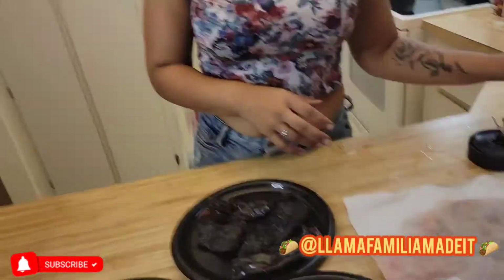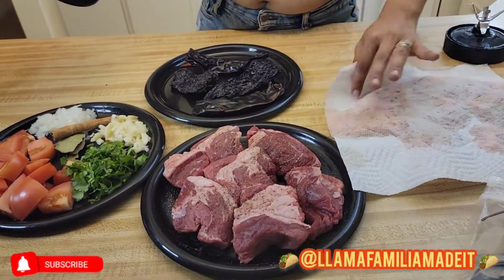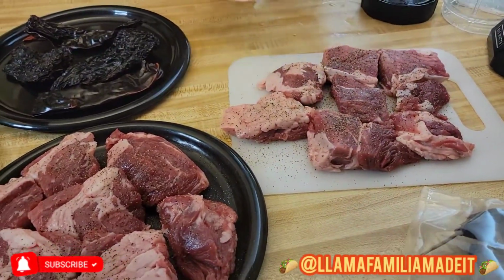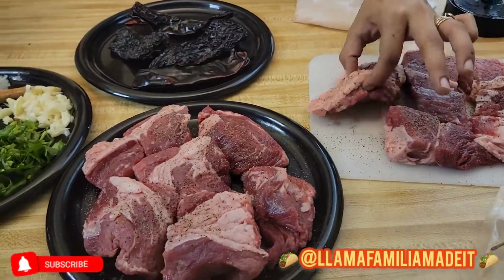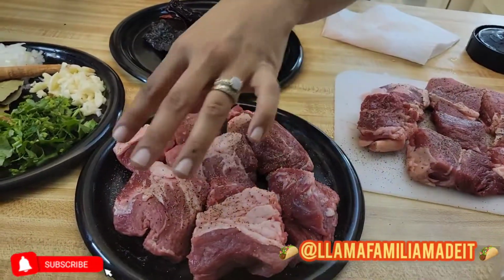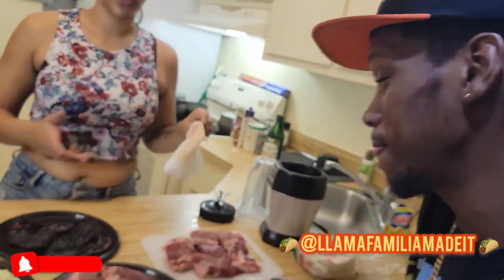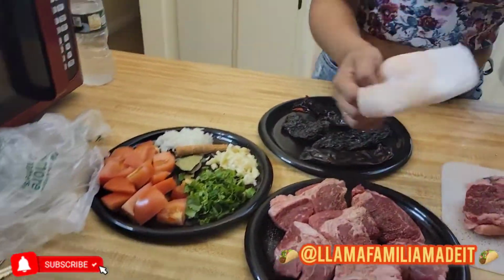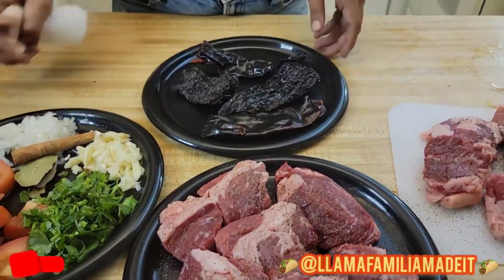Yeah, we back, y'all. We trying to make these Birria tacos. So we got some meat. I think it was chuck roast. They said we needed to make sure it was nice and fatty, and that's what we got. People don't like fat, but it's gonna be shredded apart, so it's gonna be all good and sauced up. So we patted it down, made it dry, put some salt and pepper as y'all see, and then we got